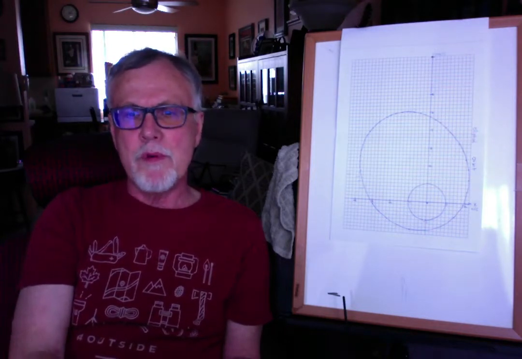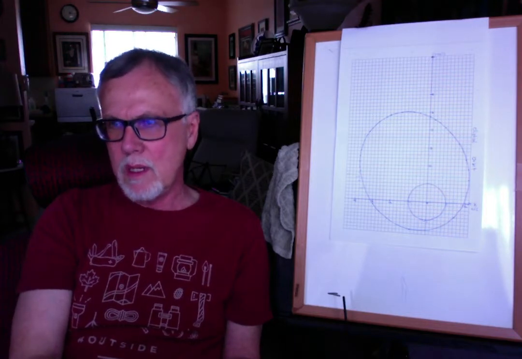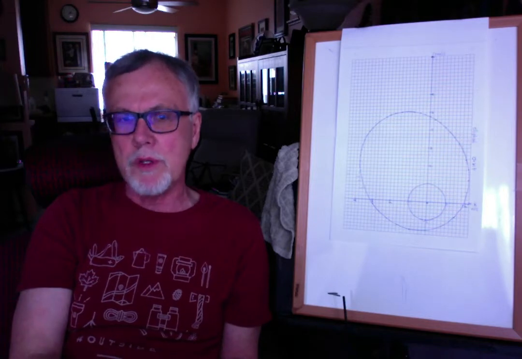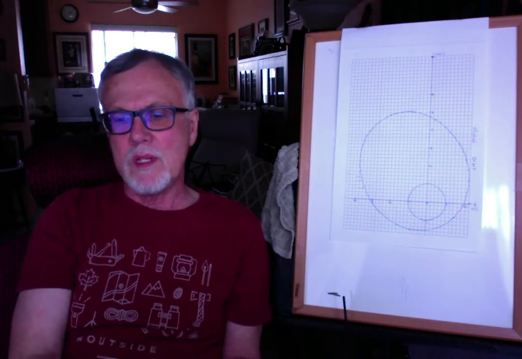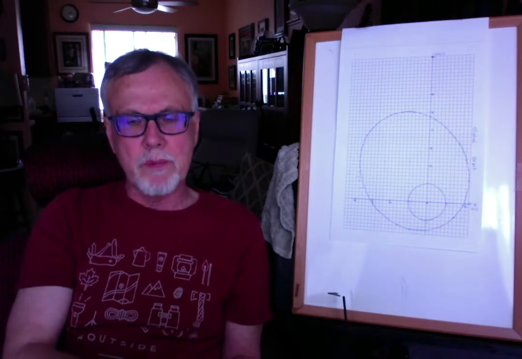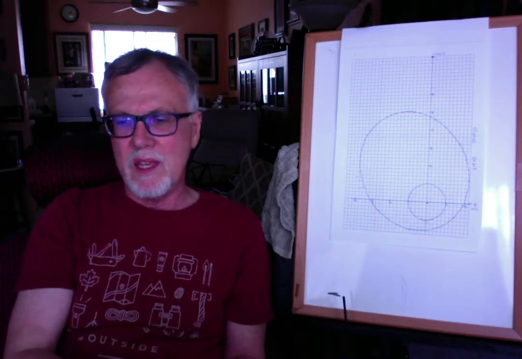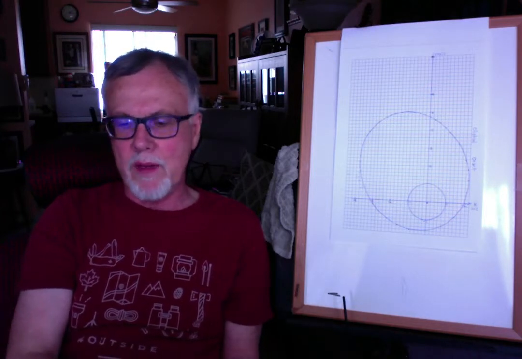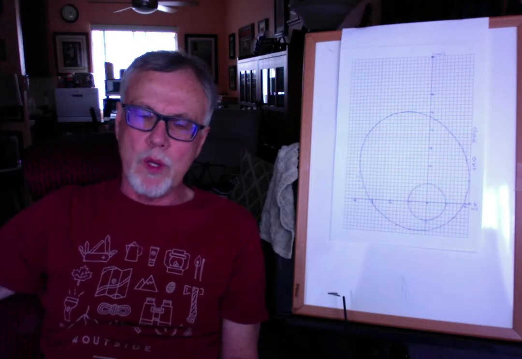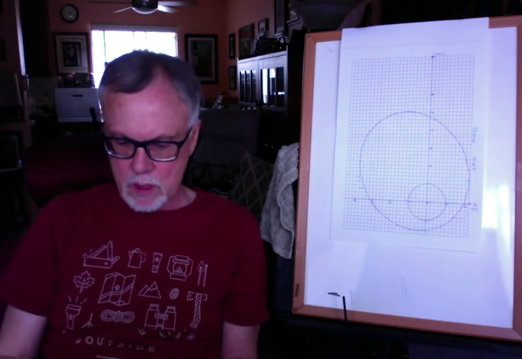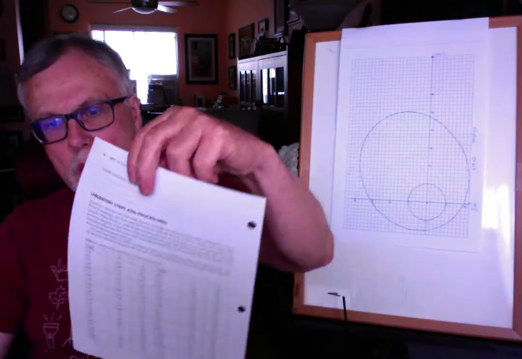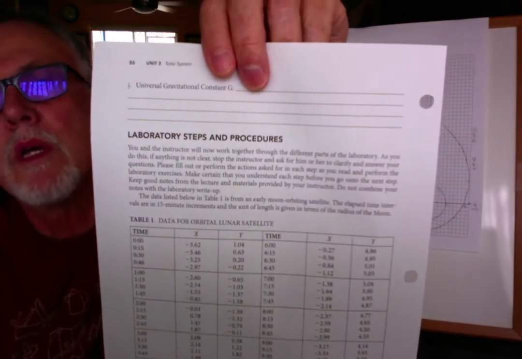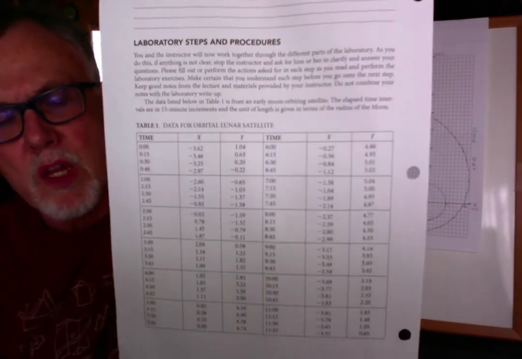And remember, number one, the predictions didn't come true. Number two, the orbits were thought to be perfect circles. And what Kepler found is 3 laws of planetary motion. Those 3 laws will be verified by you and me using the data of a satellite that was placed up and orbited the moon. This is the data that you have in your lab textbook. See the page number. And you're going to be plotting this.